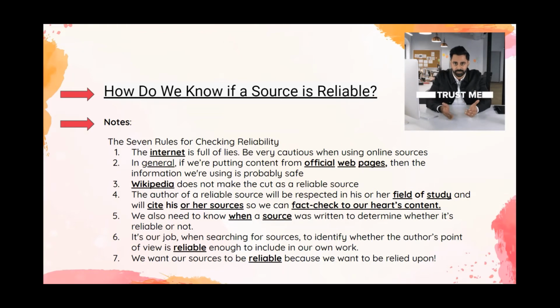We also need to know when a source was written to determine whether it's reliable or not. It's our job, when searching for sources, to identify whether the author's point of view is reliable enough to include in our own work. We want our sources to be reliable because we want to be relied upon.